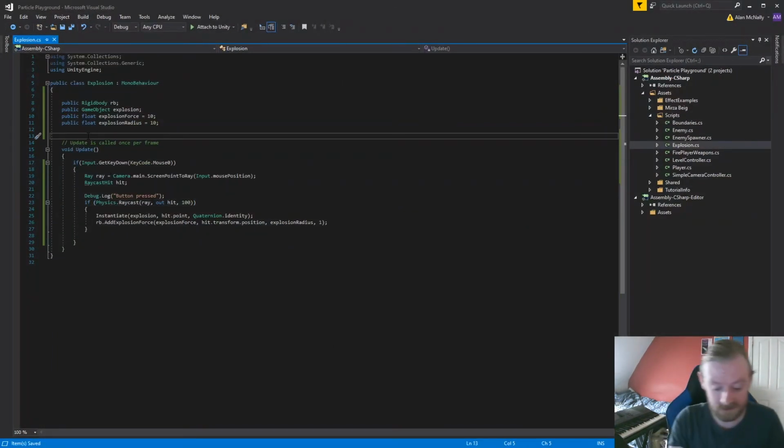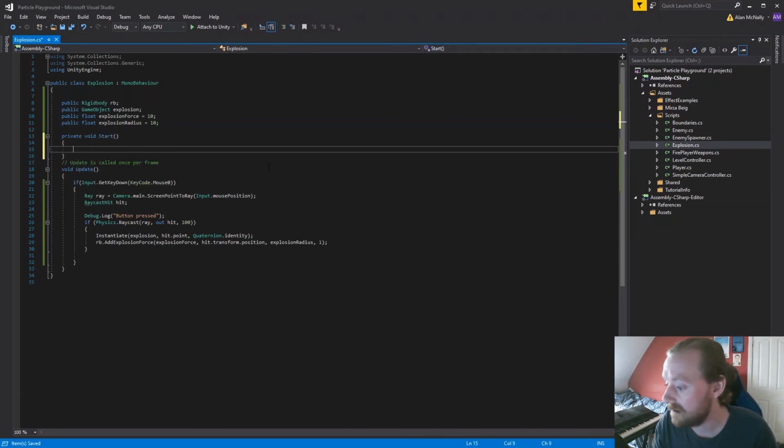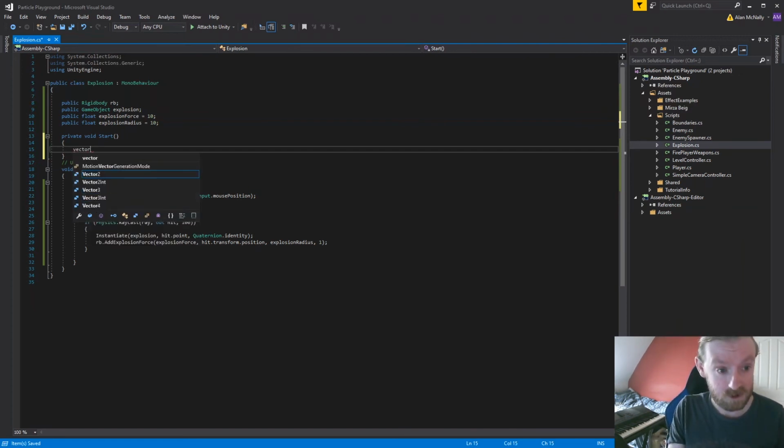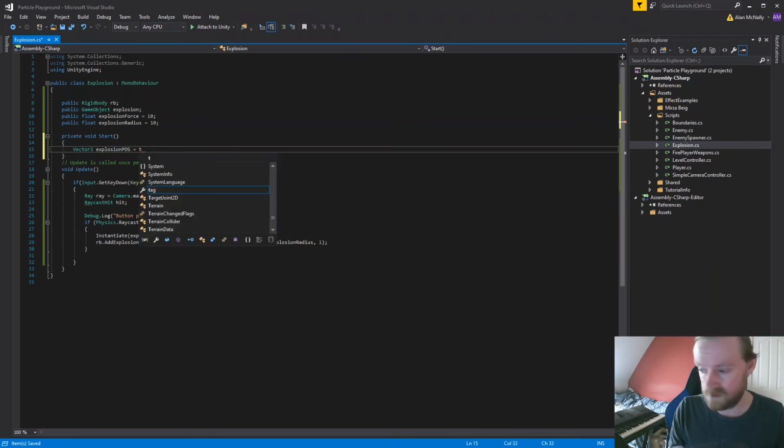So we'll put back in a void Start. Void, that's not how you spell void. Void Start. What did we have in here? So I've basically got the force and the radius. So you're going to do a Vector3. You've got an explosion position, explosion position is equal to